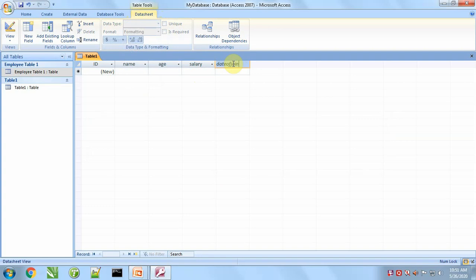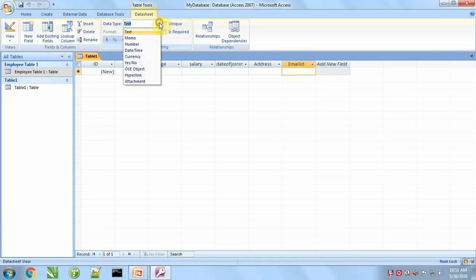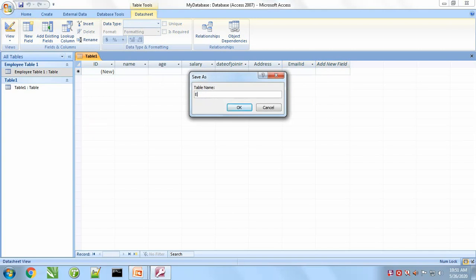Date of joining, for this we will take date and time. And after this address, for address we will take memo, email ID. For this we will take attachment, hyperlink. Like this we will create a table, we will save it from here and we will name it employee table 2.